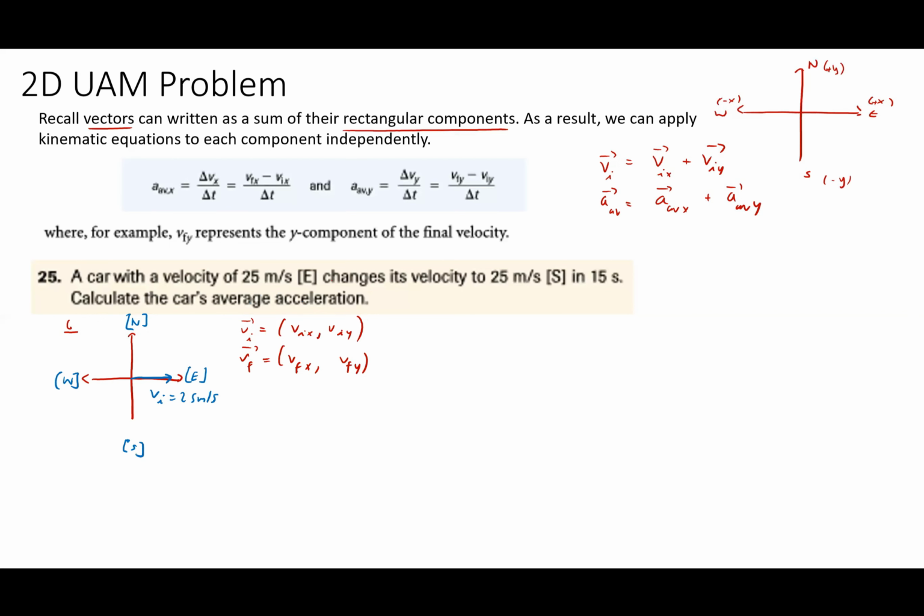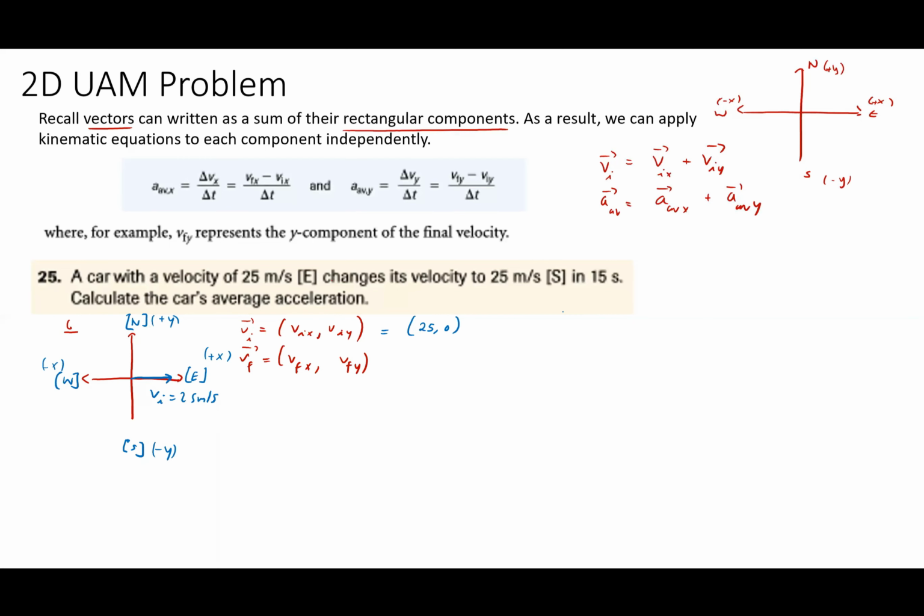And if you wanted to write it in terms of its component form, you would write it as 25 and 0. If it's just going east, there is no y component. You can see that it's on the x-axis. Okay, and I'm going to say that east is positive and west is negative for the x-axis, and for the y-axis, north is positive and south is negative. Okay, and you can change it up. You can change up the directions, which one's positive, which one's negative. However, this is the way I want you to kind of approach it. Okay. Anyways,